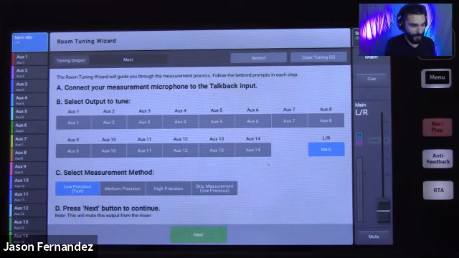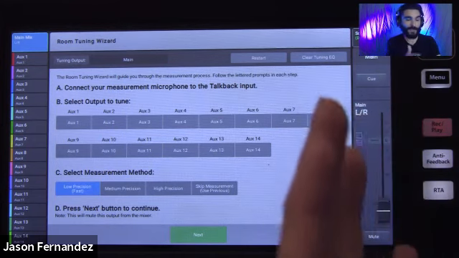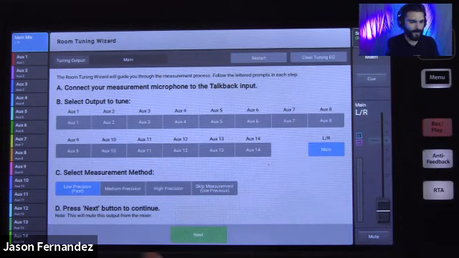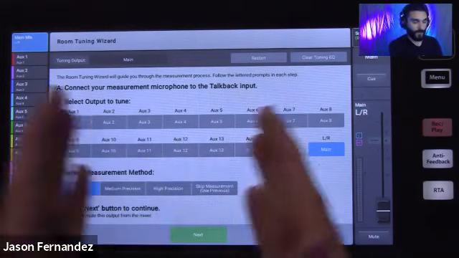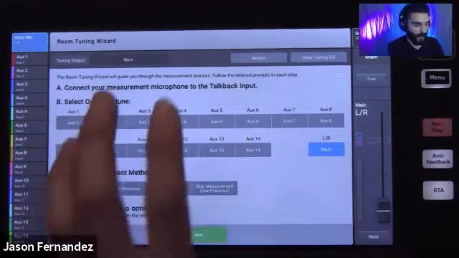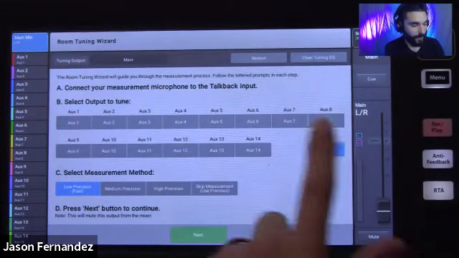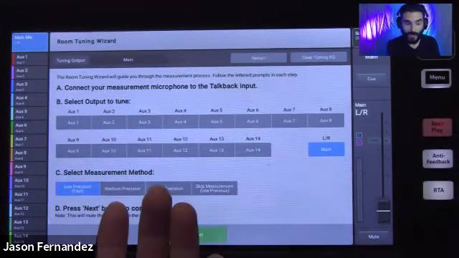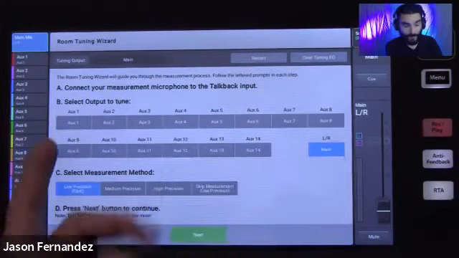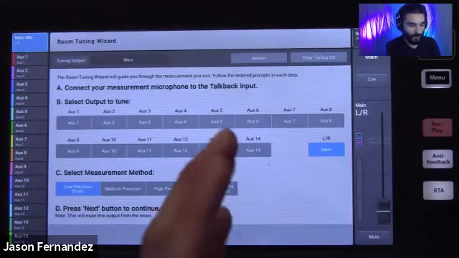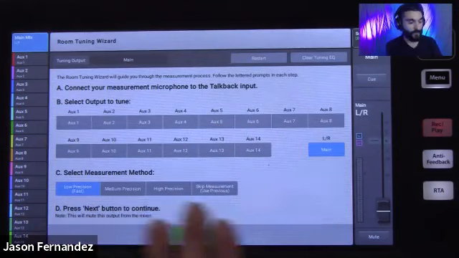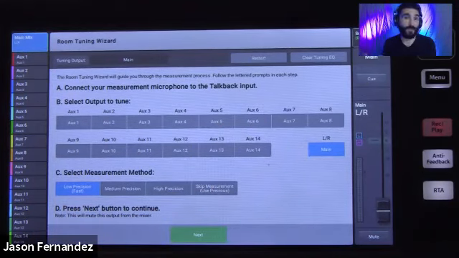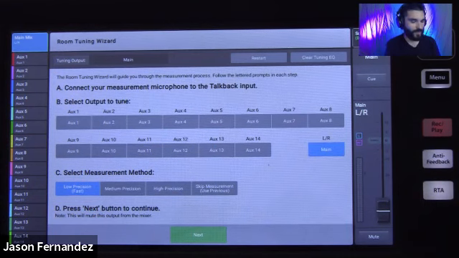But get your measurement microphone, and then you're going to connect it to the talkback channel on the mixer. We do have a dedicated talkback channel and function on TouchMix here, so that's what it's going to listen to that microphone through. So you connect your measurement microphone in there, and then on the screen here, you navigate to your wizard. We have our selection buttons, so we can choose which output we want to tune. In this case, we probably want to start with our main PA outputs. And if we wanted to run the tuning on any of our auxes, we have the ability to do that as well. So you make your selection there, and then we can choose the precision method, so how precise we want these calculations to be. And I'll talk about what those are in a second.